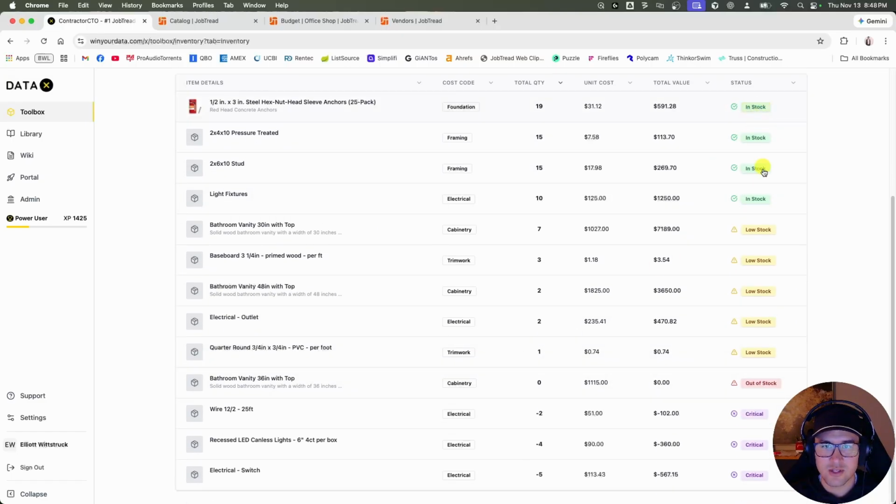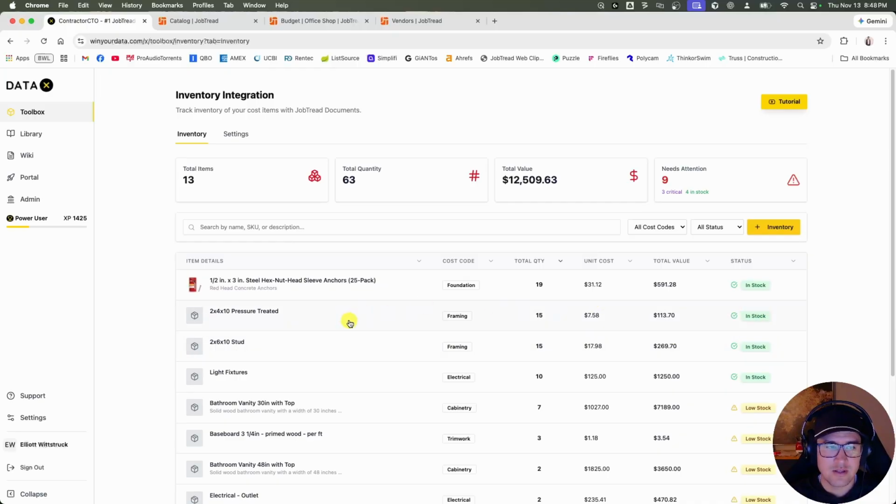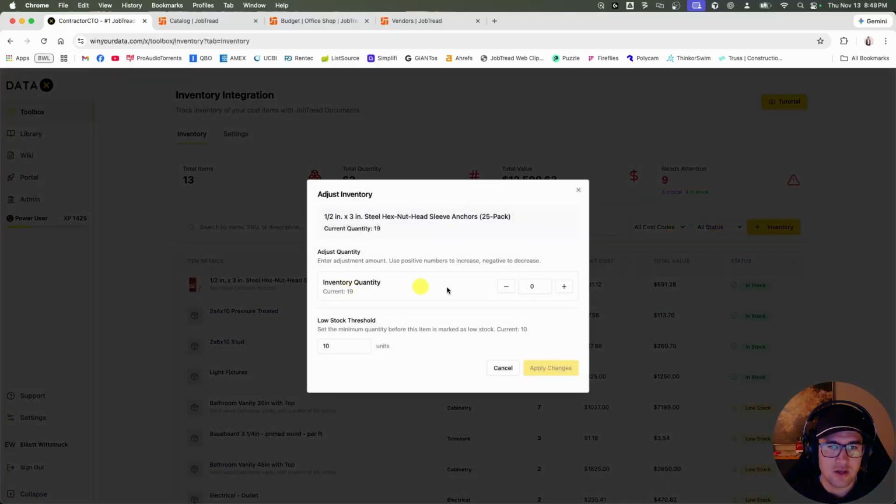You notice, let's look at our status real quick. If it goes negative for any reason, we just have this critical alert, just let you know this is bad. If you're negative 2 on your inventory, that could be bad. If you're 0, you're out of stock. You're low stock based on your thresholds, and then you're in stock. So you can click on these cost items and update these